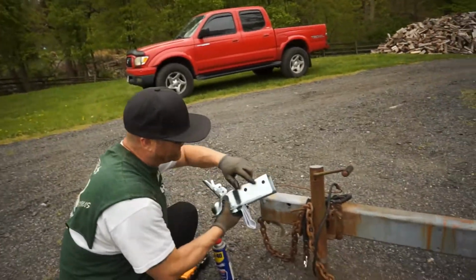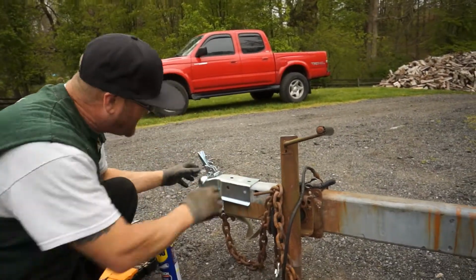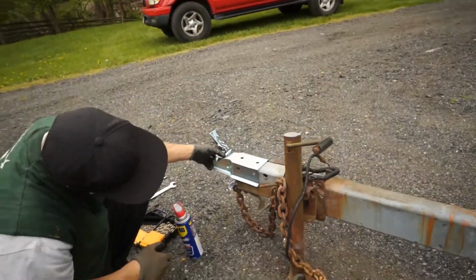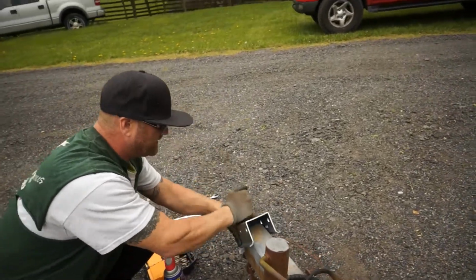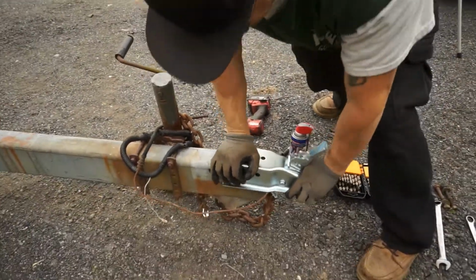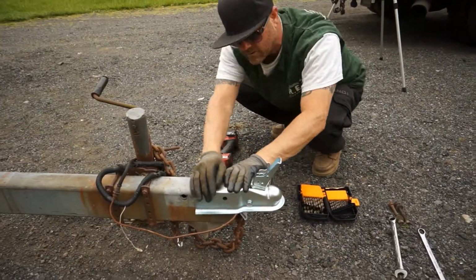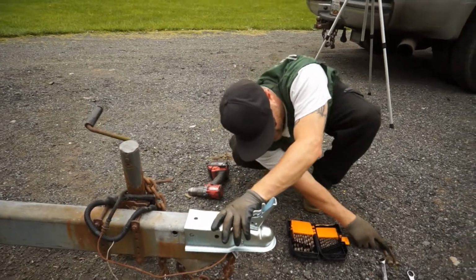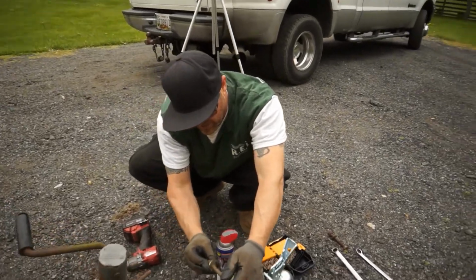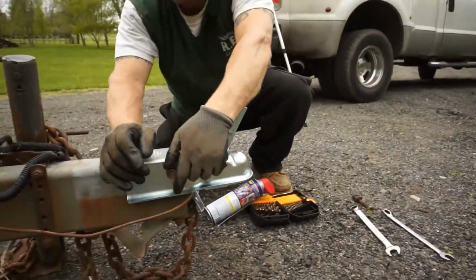So we're gonna get the coupler here. We've got the 2 bolts, and I'm gonna get it on there and get it down nice and flat. That's the problem when you get things around town, they never quite line up right. So let's go ahead and see if I can get this on a little better here and get it seated down on top of there like that. That's nice and good. The holes are lining up pretty good, and I've got a couple of these grade 8 bolts I had laying around the shop, so I'm just going to go ahead and get one in there for now, just to hold it in place, make sure that the hole will stay lined up,